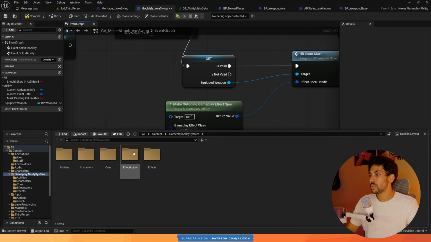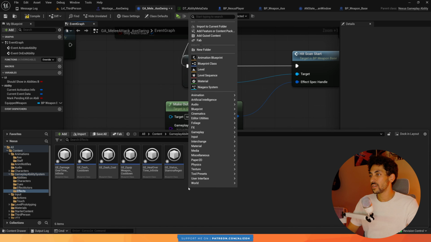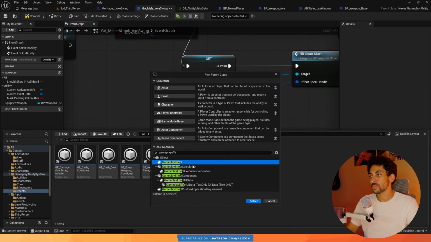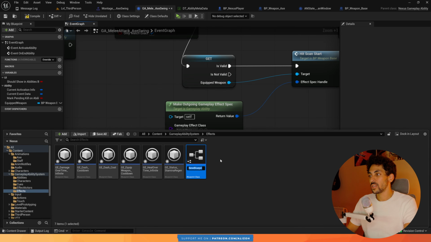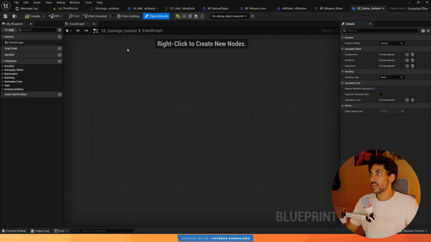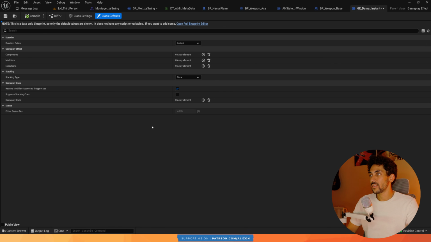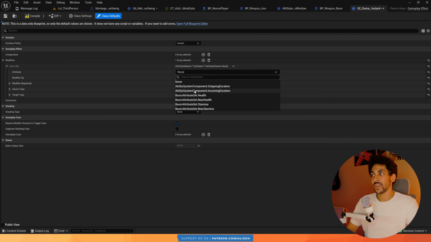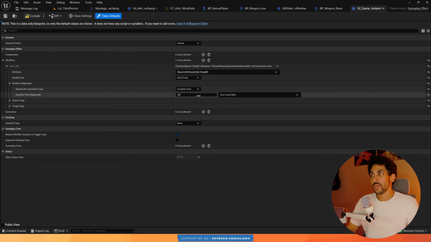So this is going to be quite simple. In our effects folder here, right-click, new blueprint of type gameplay effect. And let's call it GE damage instant. Okay. And close it and open it again to open in the data only view. Duration is going to be instant, and modifiers is going to have one modifier modifying the health attribute, adds to the final value. And the magnitude, we're going to also make it set by caller,